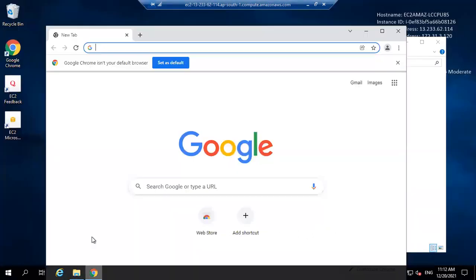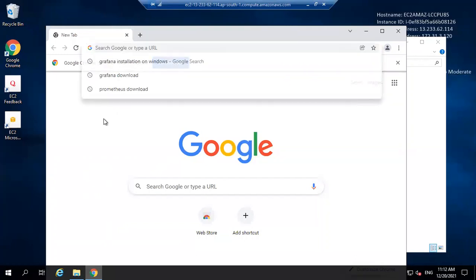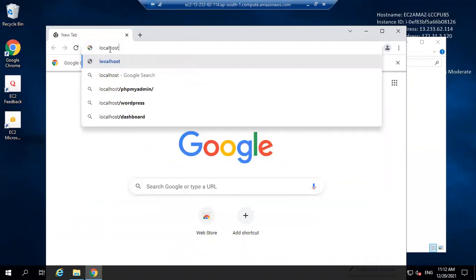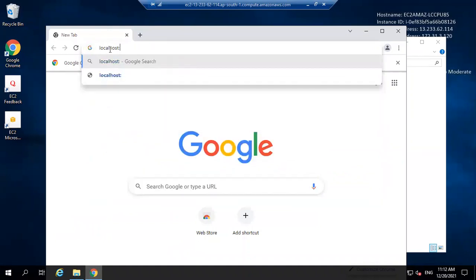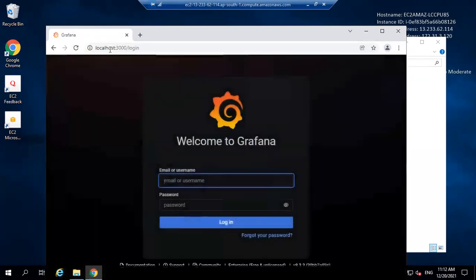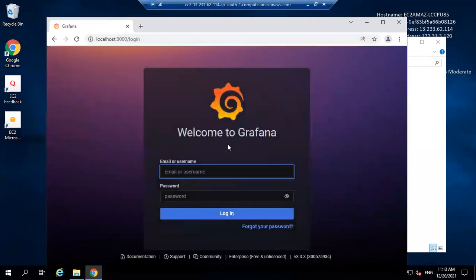Now let's check whether our Grafana is successfully installed or not. So localhost, and our Grafana port number is 3000. You can see the login page. By default, after installation of Grafana, if you log in for the first time, the default username and password is admin.